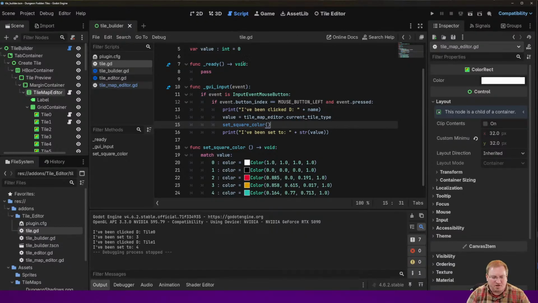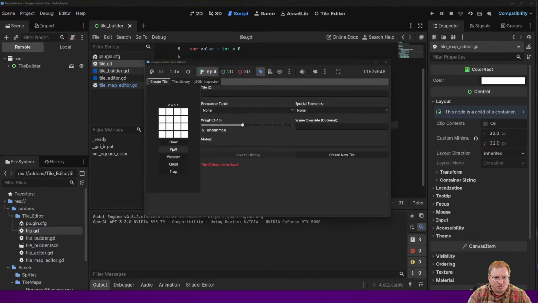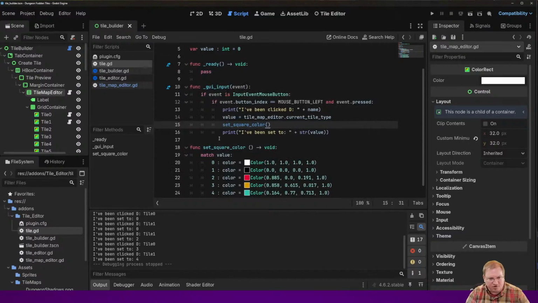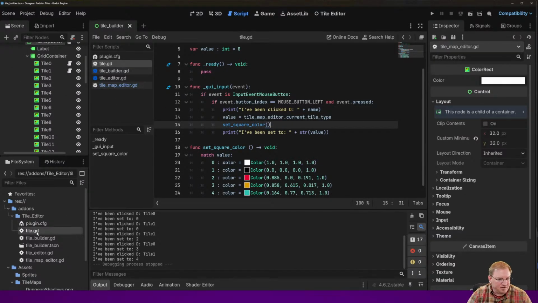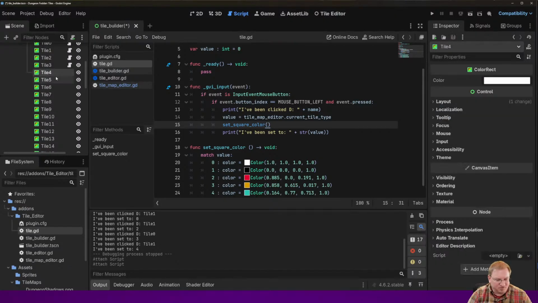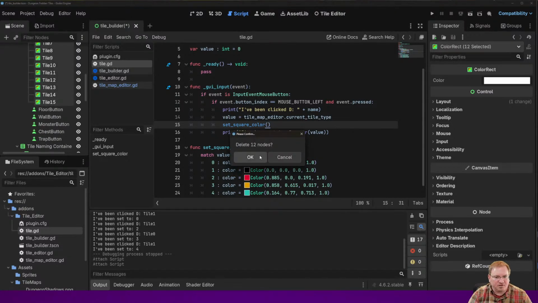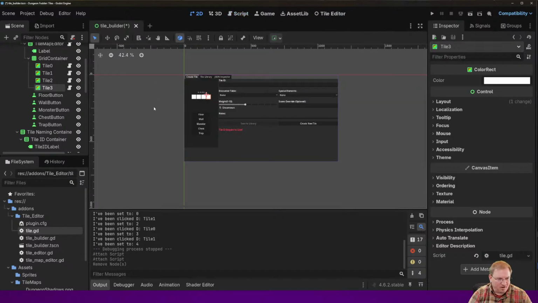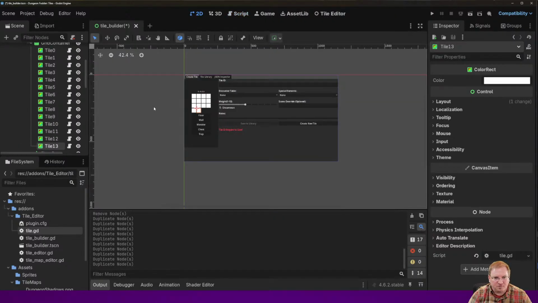So now if we go in and look at this, we say we want to do a wall. We can, boom, boom, wall. If it's a floor, if it's a monster, it's going to turn red. Chest will be this. Trap will be blue. Okay, so we got that. Okay, perfect. Let's add in all these tiles. You know what? Instead of just doing that, we can just come down here. Just delete those. This will be a lot faster. And we just duplicate these until we have all of them. There we go. Save. Okay, and then